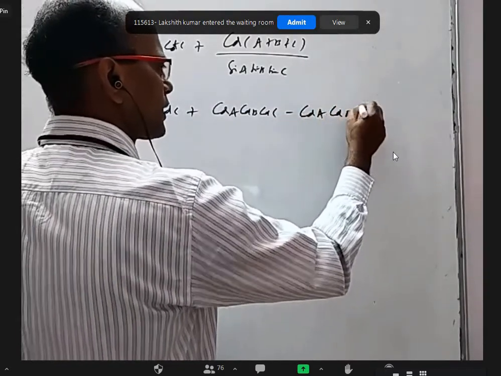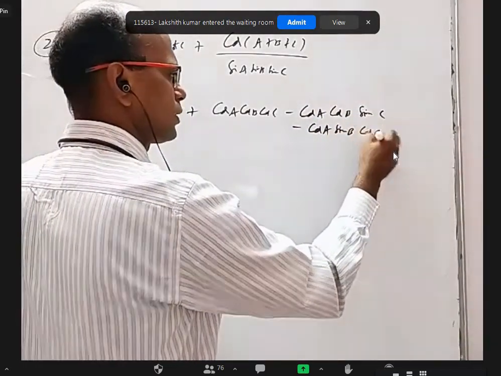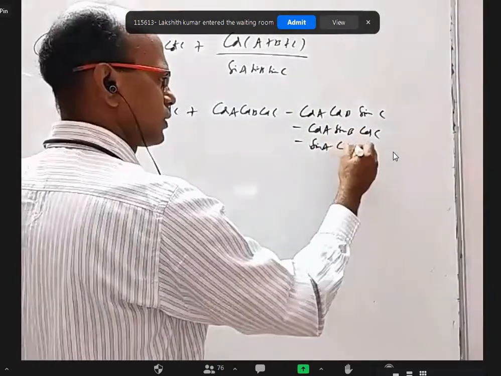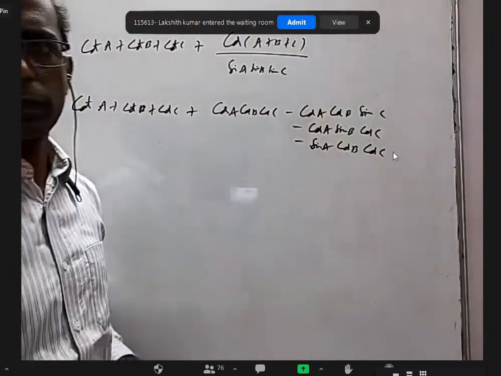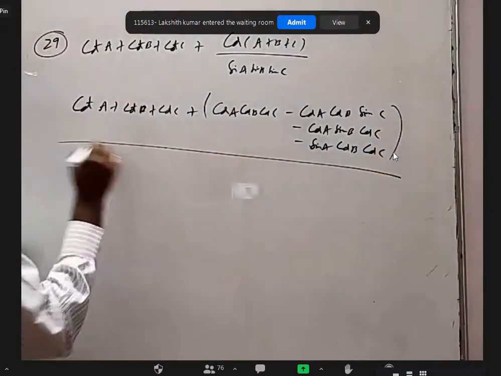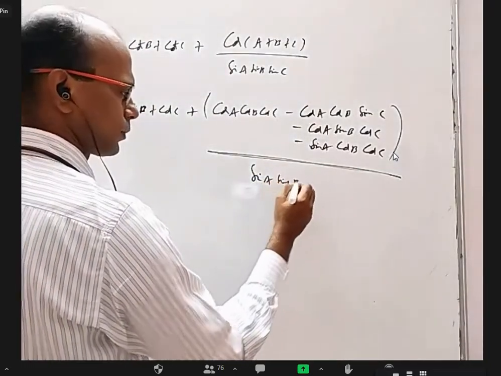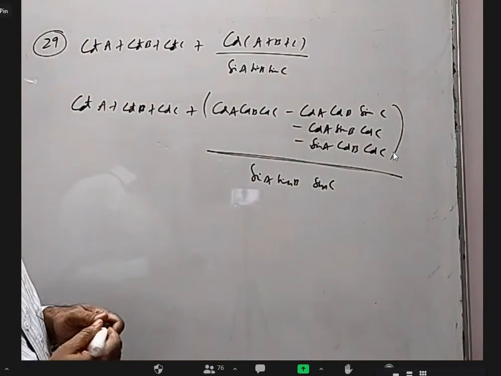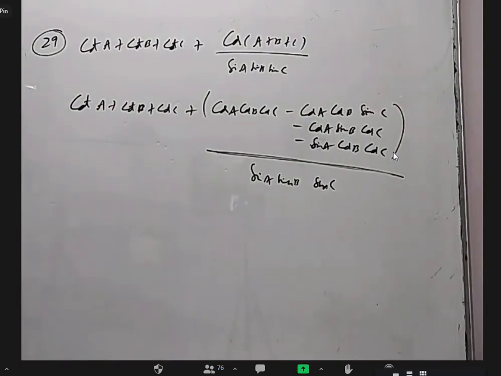Cos A, cos B, sin C. Minus cos A, sin B, cos C. Minus sin A, cos B, cos C. One time sin C, one time sin B, one time sin A. Other two are cos. This is a formula for cos A plus B plus C. Whole, sorry, this by sin A, sin B, sin C. A plus B plus C formula is 2 sines 1 cos, sir. Oh, sorry, I wrote wrong. Okay, 2 sines and 1 cos.